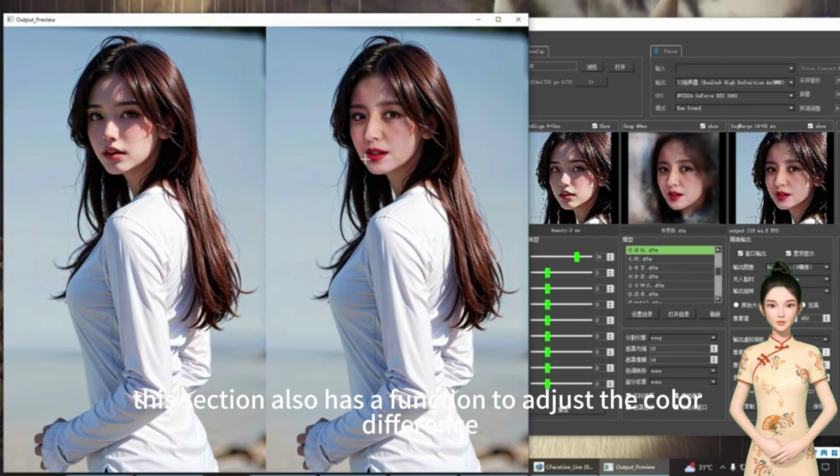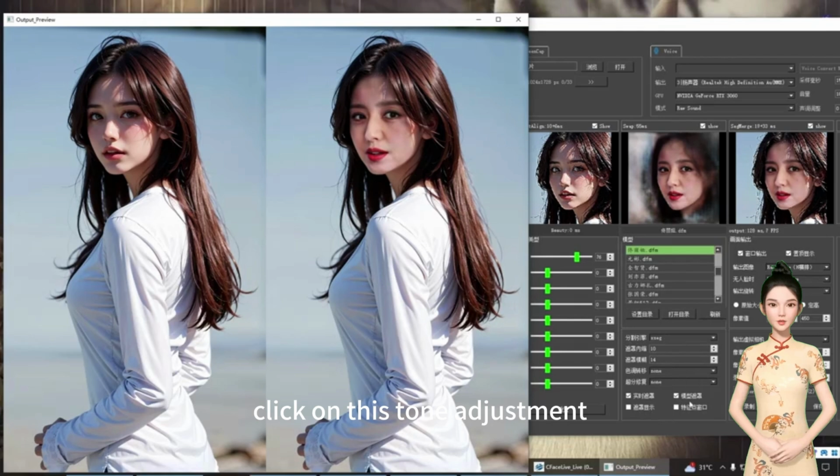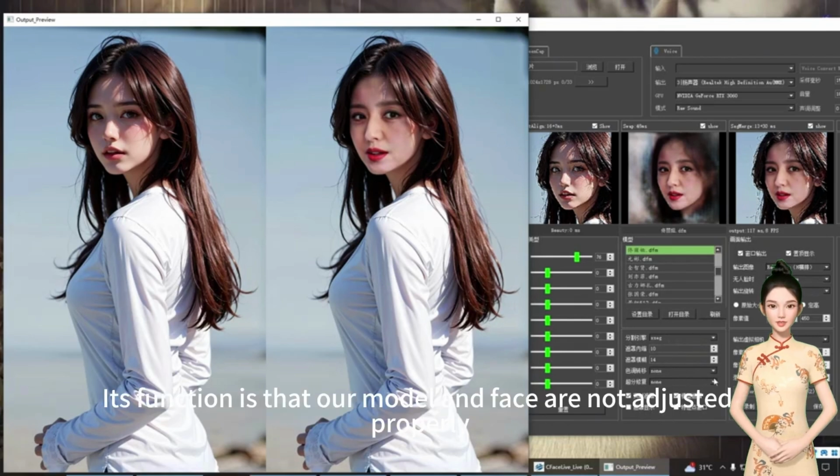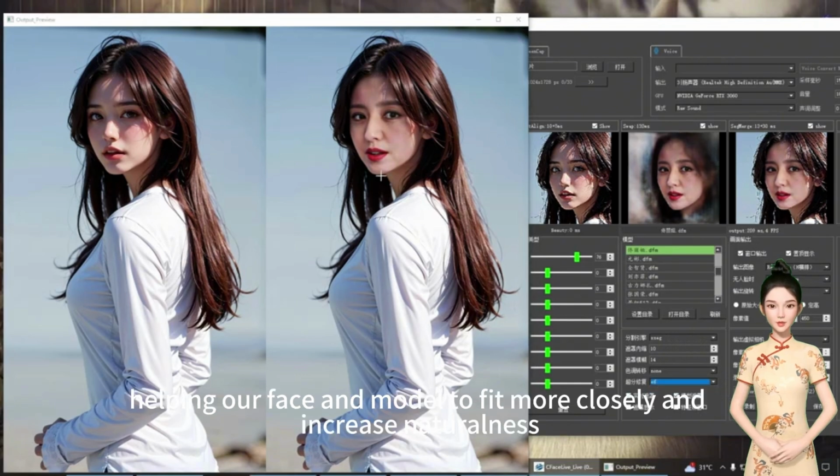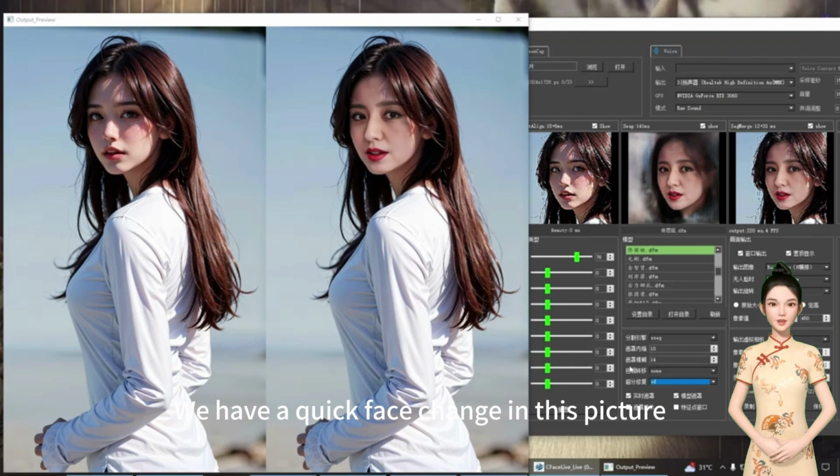This section also has a function to adjust the color difference. Click on this tone adjustment. We also have a feature in this section, the masking function. Its function is for when our model and face are not adjusted properly, helping our face and model to fit more closely and increase naturalness. We have a quick face change in this picture, and we can change faces in seconds